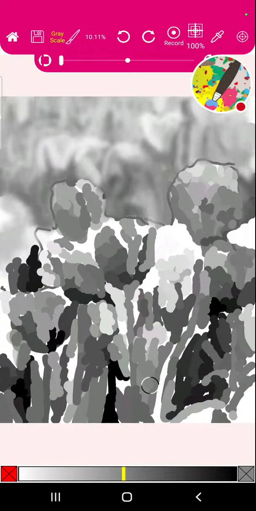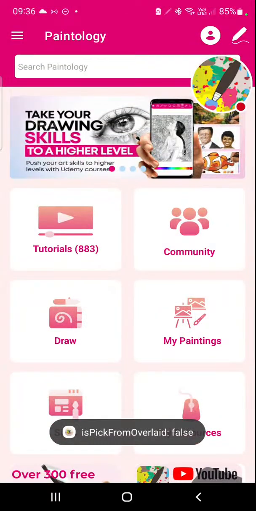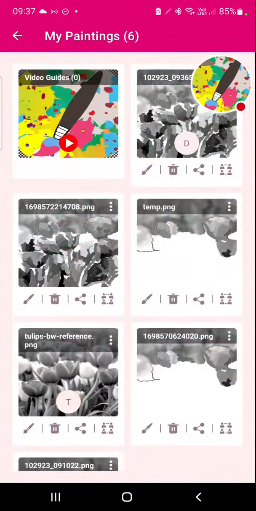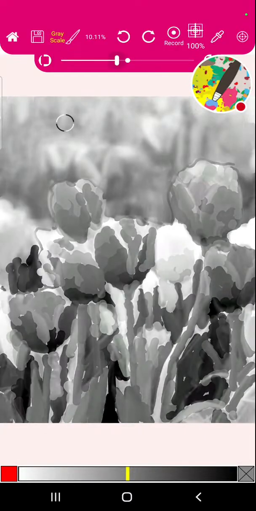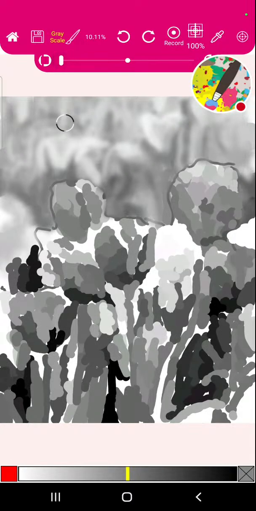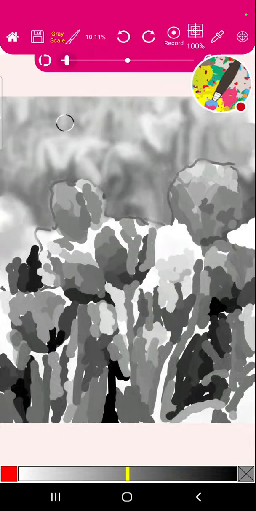So I'm going to save this because my developer tells me I must do that. And I'm going to open it because I'm working on a prototype. Go to my paintings, open it up, and this is the drawing you can see here. So this is the reference to my drawing. So what are we going to do to increase the volume and shape? Again, because I'm interested in helping you acquire techniques, I have several approaches to this. And so how are we going to do that? Well,